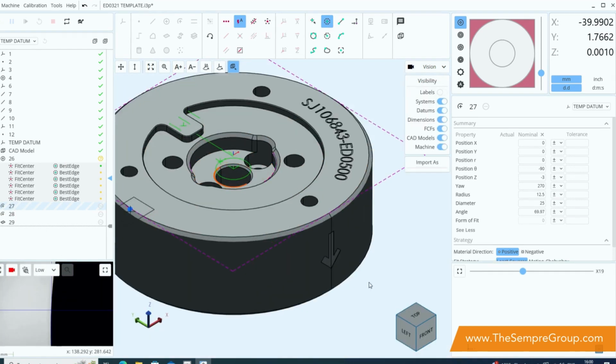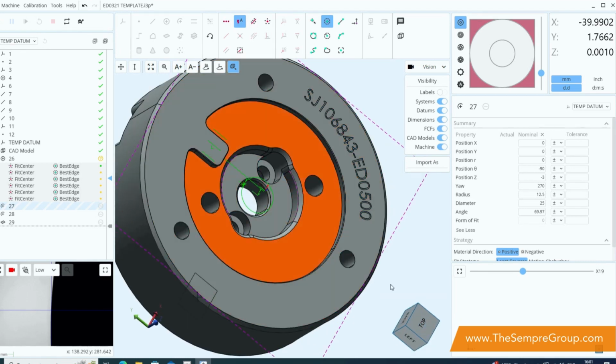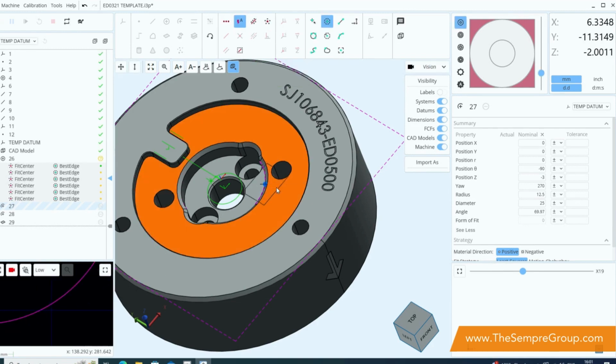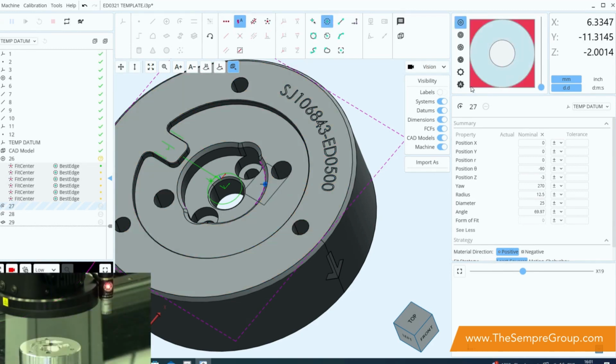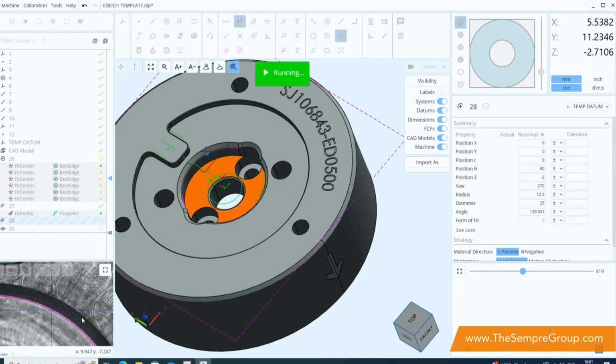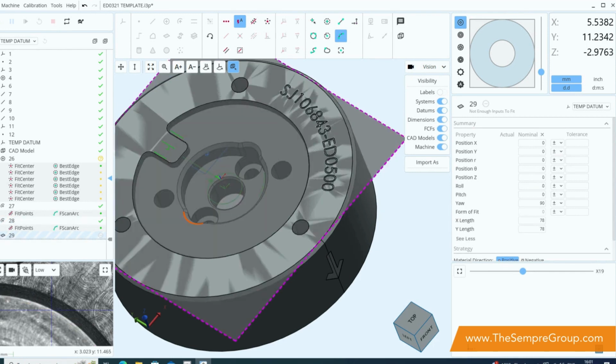In the Inspec CAD view, you can see that it's selected and highlighting the next one that we need to do, which is this feature down here. So we're going to right click, move here, and again select a lighting condition which is suitable, and you'll notice that I don't have to bring the camera window up into the foreground. I can just select, for instance, an F-scan arc and go 1, 2, 3 in the bottom left. You'll notice that the tool immediately disappeared because it's waiting for me to finish the next part, which you can see is highlighted here on the CAD model. So I'm going to right click, move here with the CAD and choose 1, 2, 3